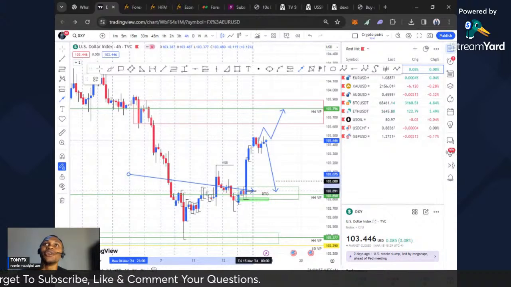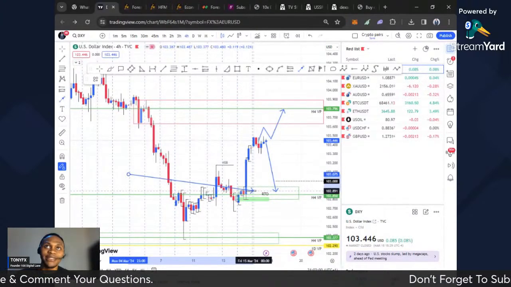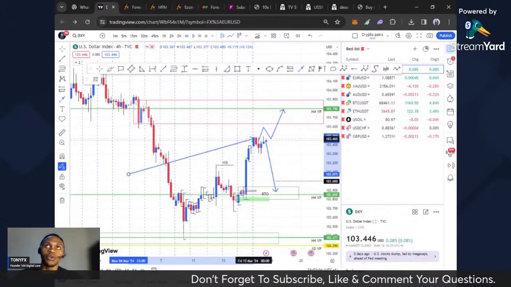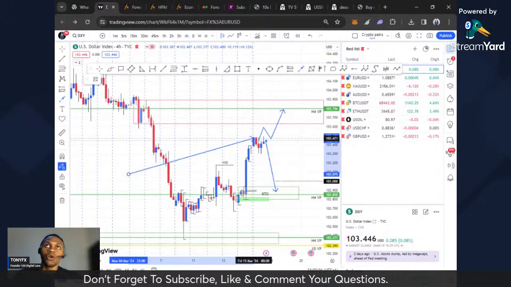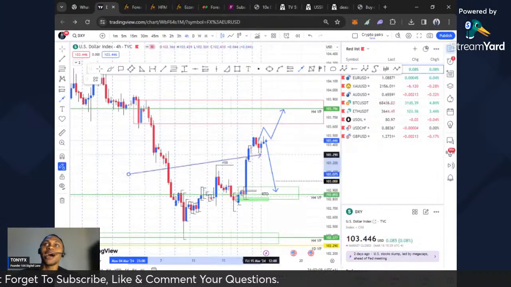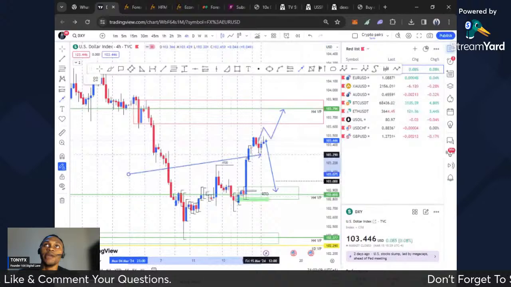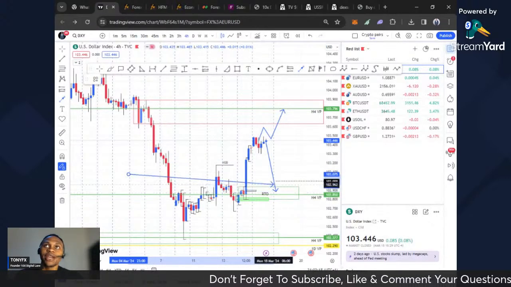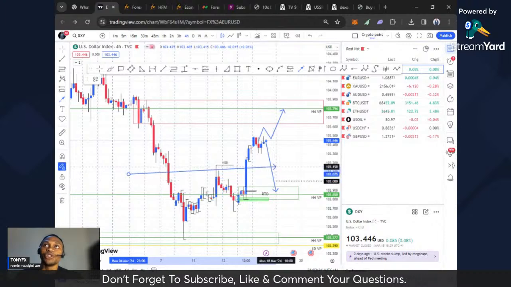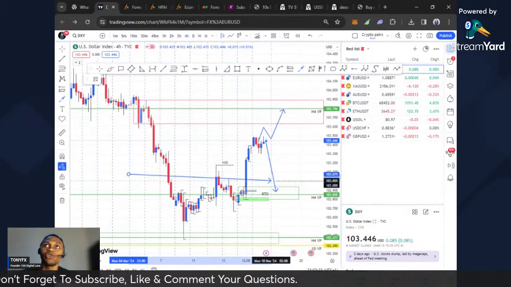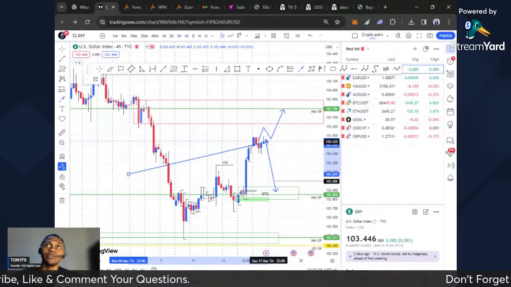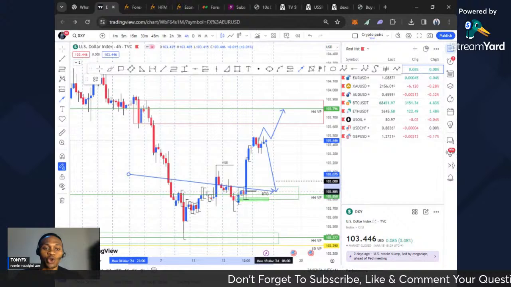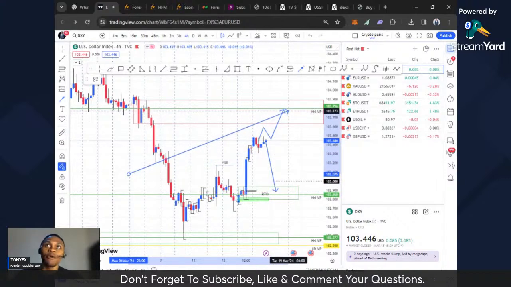So based on probability, what goes up must come down. I have a bias of a corrective structure to the downside, minimum to the 103 psychological level for the strength of the dollar. When it comes into this demand level and it gives me structure, I can anticipate a buy from over here to the upside. But